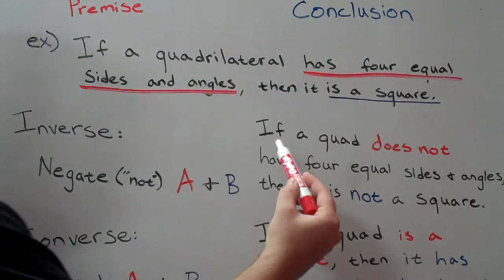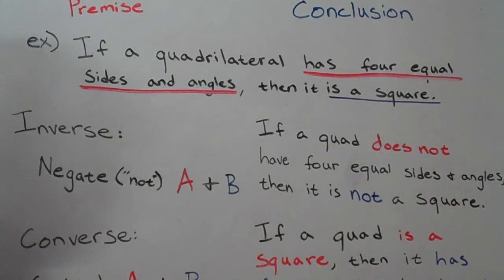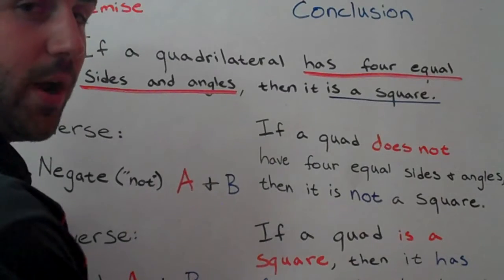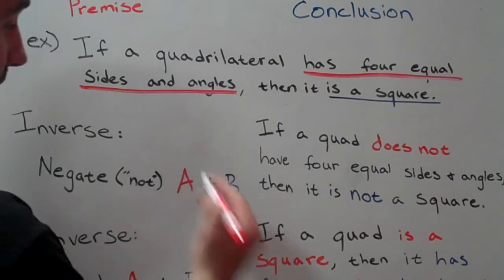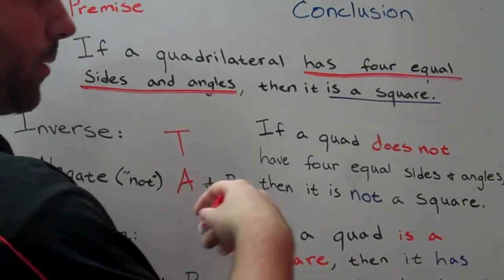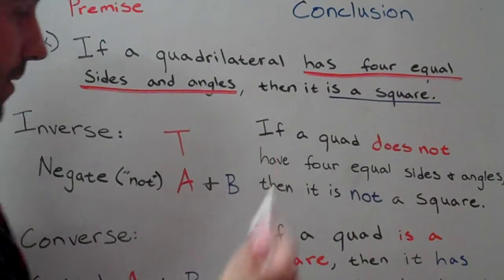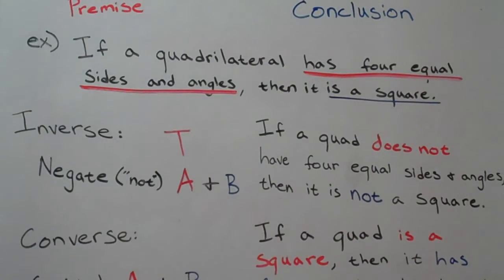So for our example, if a quadrilateral does not have 4 equal sides and angles, then it is not a square. This particular truth value is true. For particular cases, this truth value does change when you take the inverse, but not for this one. Our next one